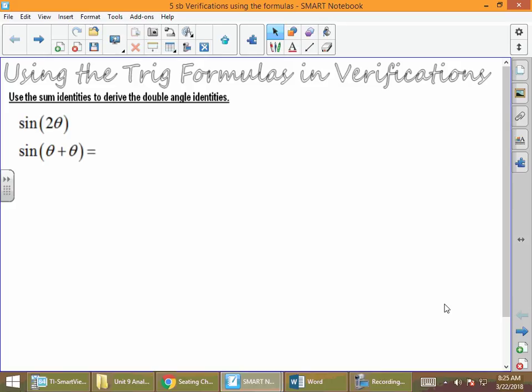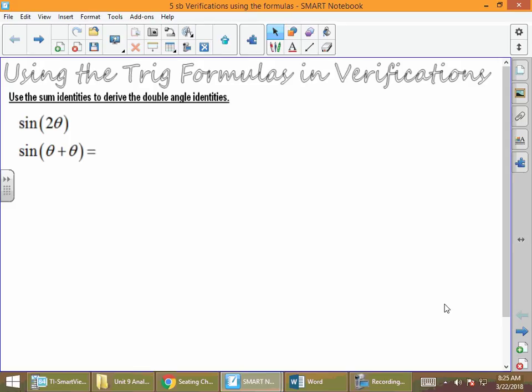So we have talked about the last couple of days, we've been talking about the half angles applying to triangles and the double angles applying to triangles. And I want to take a little bit deeper look at double angles. And we're going to use them eventually in the trig formulas in the verification. So once again, we may want to take out our pink papers and look at these just to help us,